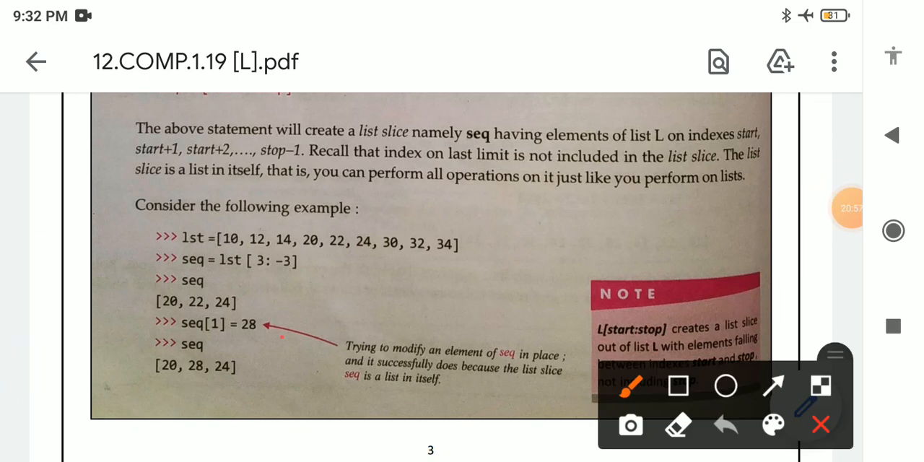Here we are updating. A list is a mutable type, which means we can update the element but the memory location will not change. See here, SEQ with index number 1. This is the variable name, and this variable contains 20, 22 and 24. So 1 means we start counting from here: 0, 1, which is 22. The assignment operator is there, and 28 means we want to replace the value which is stored